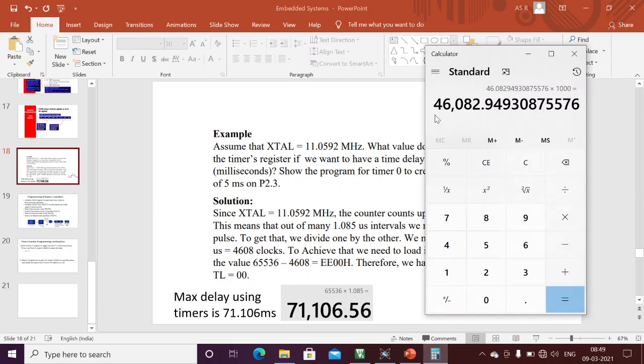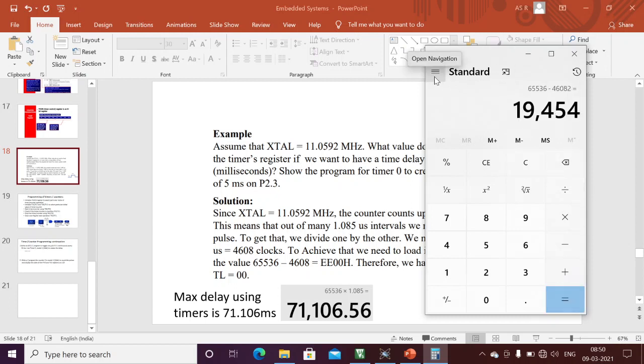This 46082 is my value. 65536 minus 46082. Here 65536 is my maximum value in timer 0 mode 1, and I am subtracting these clock pulses. I got 19454.